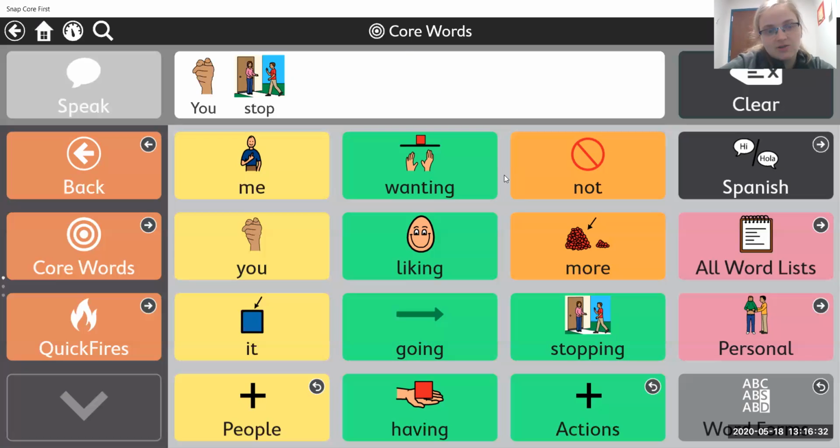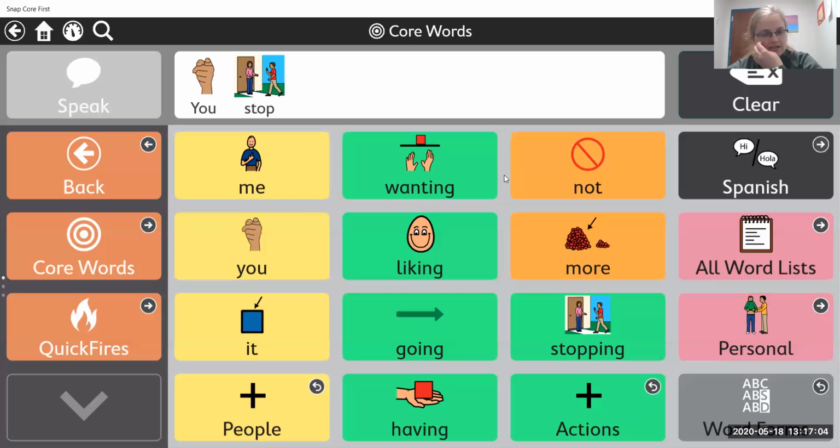You could also say this if somebody keeps giving you some food that you don't like. You just say, you stop, I don't want this. So there are a lot of things that you can use this for. It's a really good protesting word to tell someone to stop. Just that I don't want this anymore, things like that.